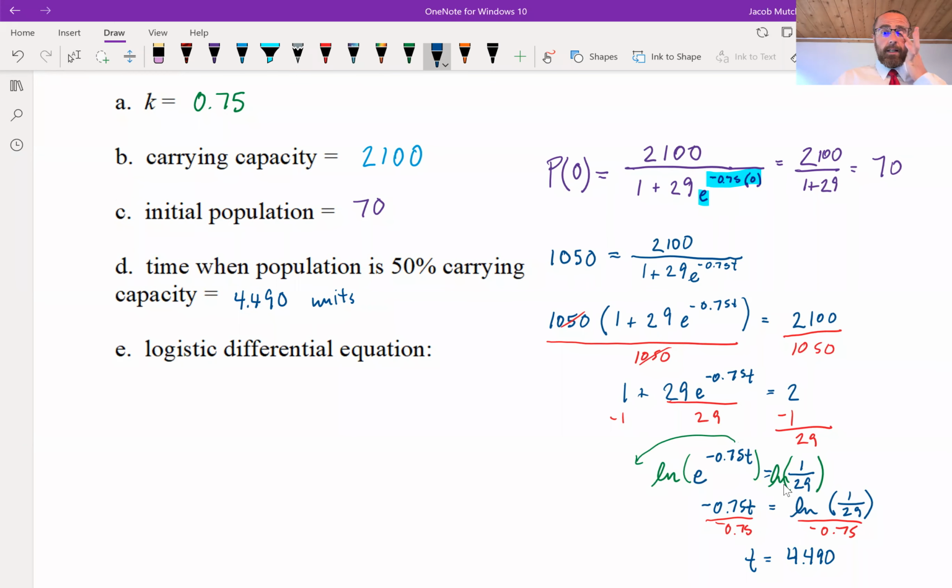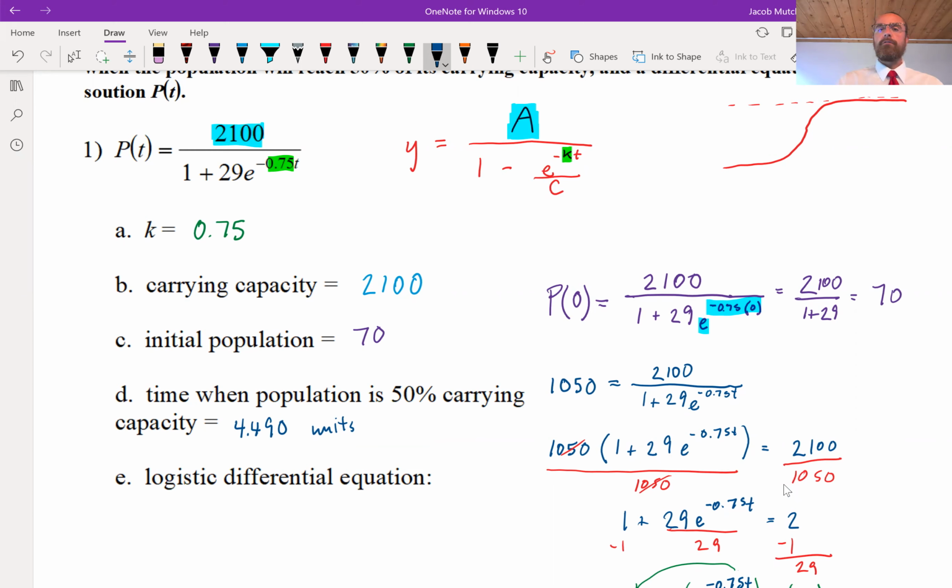All right, so our last task here is just to give the logistic differential equation that would correspond with this initial function. To do that, it's a lot easier than it seems. I just want to take the template for the differential equation. The template that we gave at the beginning really was a solution template for the logistic differential equation. Notice we called it a logistic function because it was solved for y. But when I'm looking for a logistic differential equation, I'm working from this template,